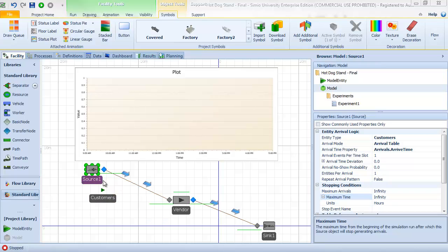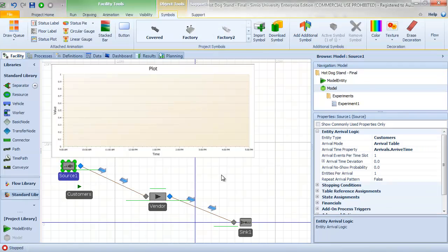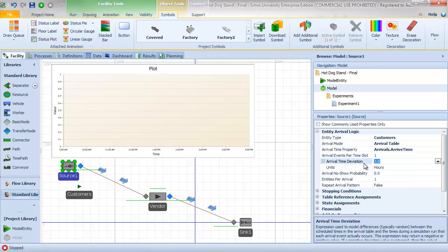One other component of that is we can also add variability to the process. So if I look at my source object, when I have an arrival mode of arrival table, I also have this arrival time deviation and arrival no-show probability. So arrival time deviation will let me specify a potentially random deviation about the arrival time. So for example, if I have